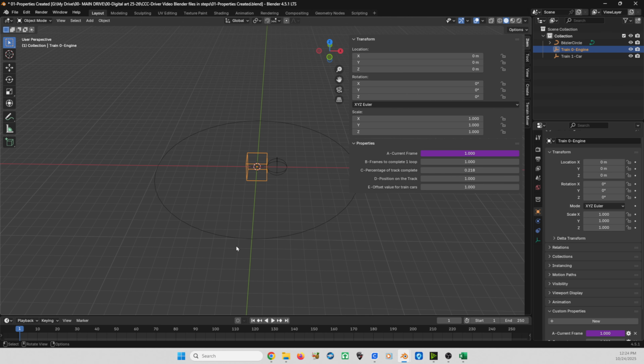Next, we have C, percentage of track complete. So we have a track, and let's pretend where my cursor is the beginning. So if I start here, we've gone 0% of the track. And if we go all the way around, we have gone around this one whole time, or 100% of the distance from the start to the end. So that is what this number will represent. So if we start on frame 1, we would be starting at 0. If we end at frame 250, we would have gone around all the way and reached the point where we